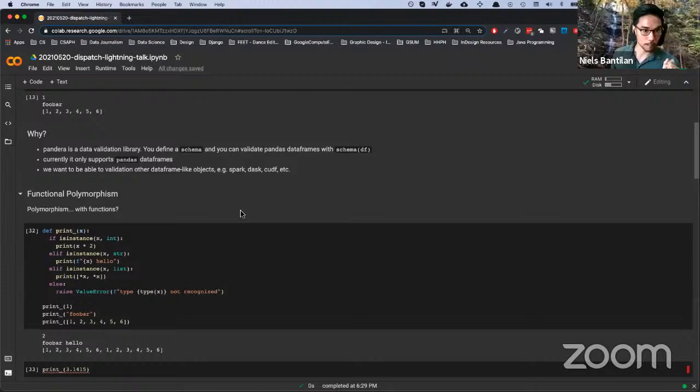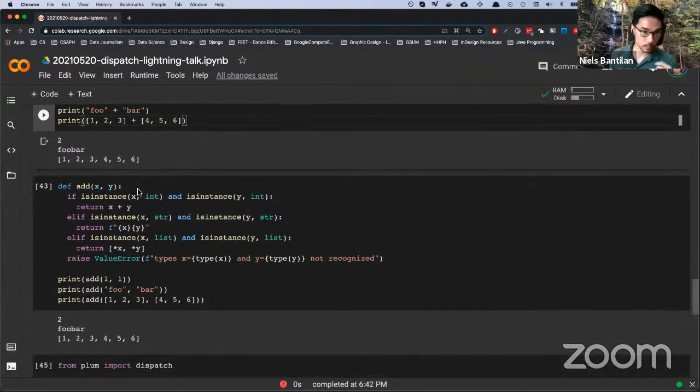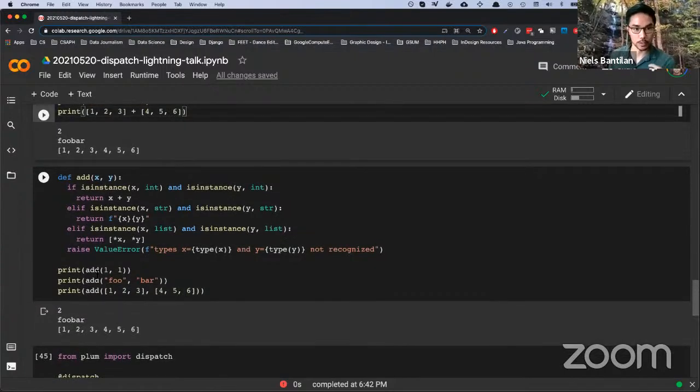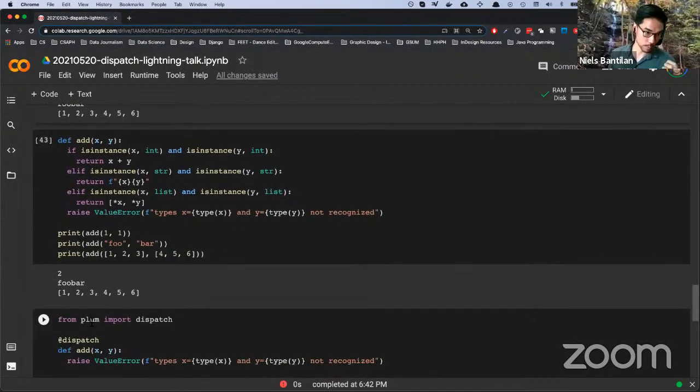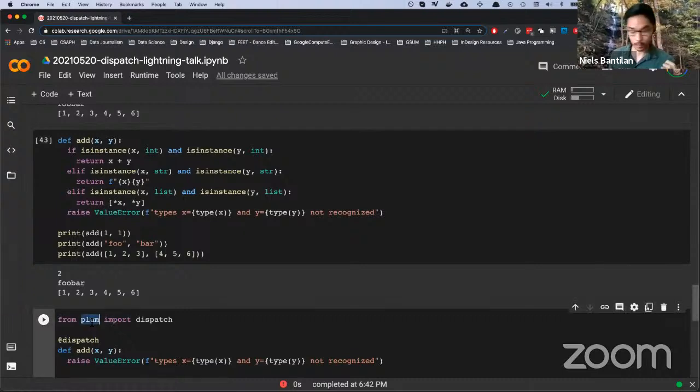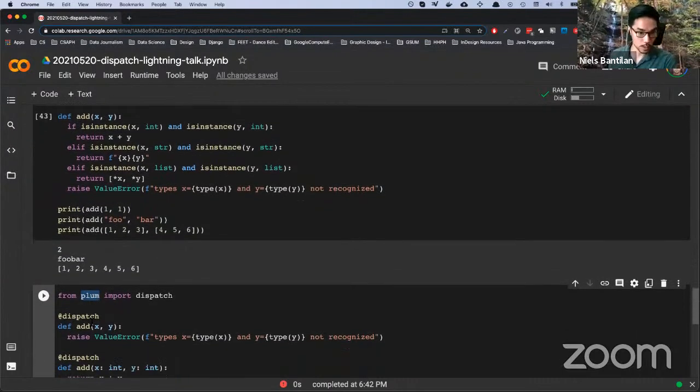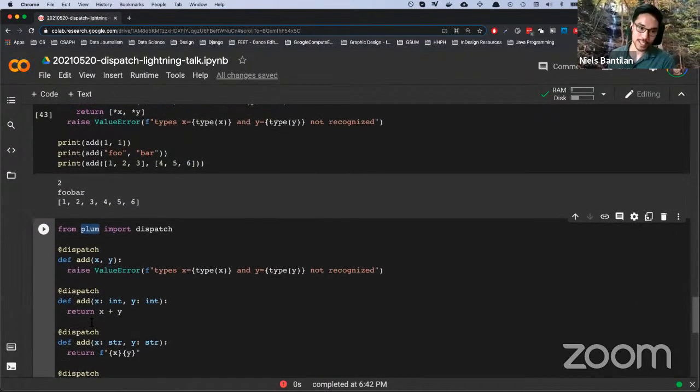So here I'm just doing the same thing. Here's a familiar operation that's polymorphic in the sense that you can add strings together and add lists together. And here I'm implementing my own funky add function just to prove the point, where you can implement this with if-else statements. But there is this library called Plum that implements multiple dispatch, and the syntax is slightly